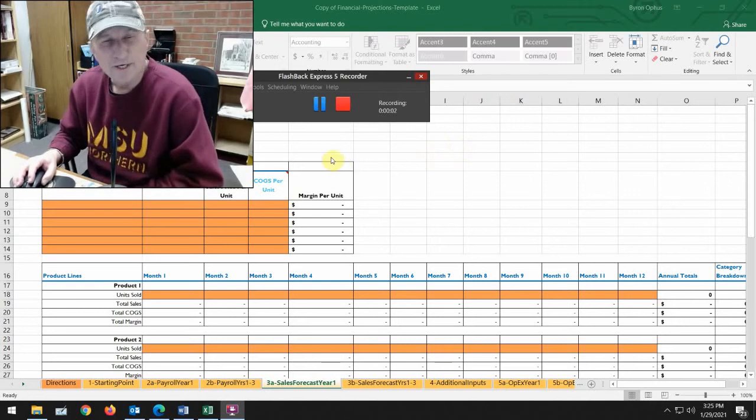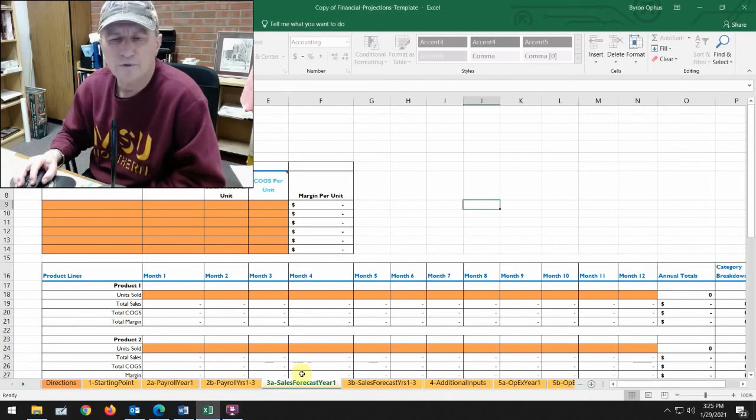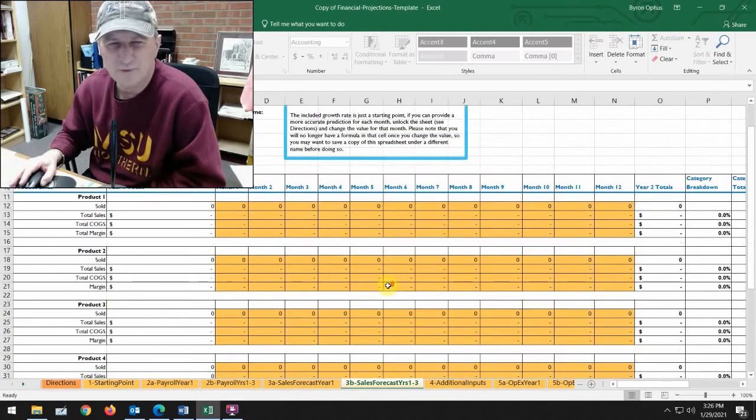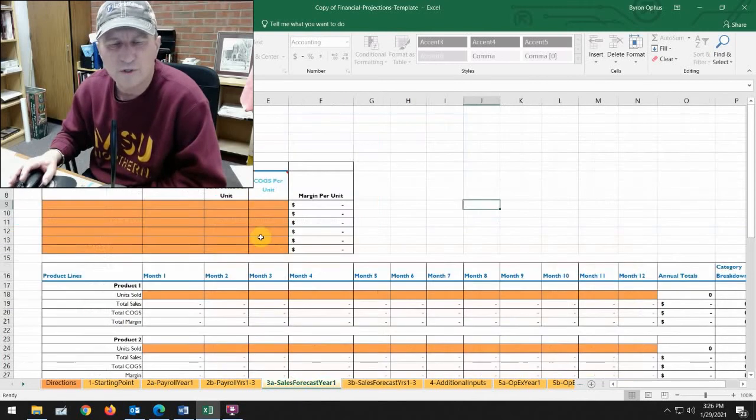Hey, on to the next spreadsheet that we have. We're going to take a look at the sales forecast, and again, we'll do a decent amount on this first page, and then the next page will pretty much fill in. You can make some changes on it, sure, if you want to, but don't necessarily have to. The thing that you might change would be the growth rates, that are very simple to change and make all